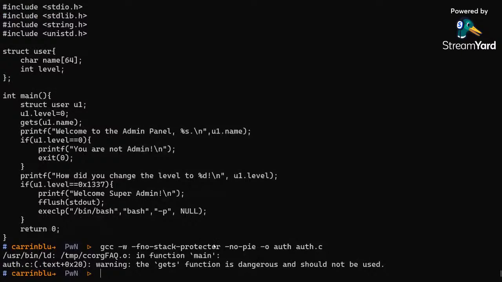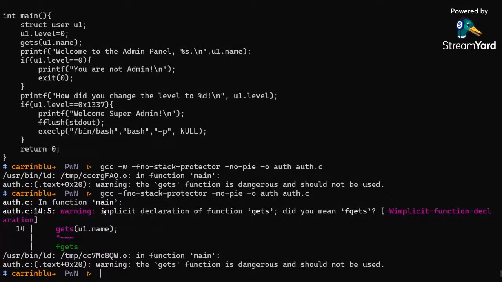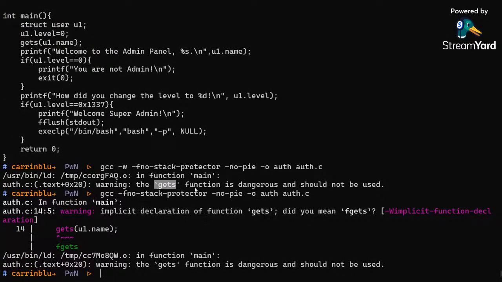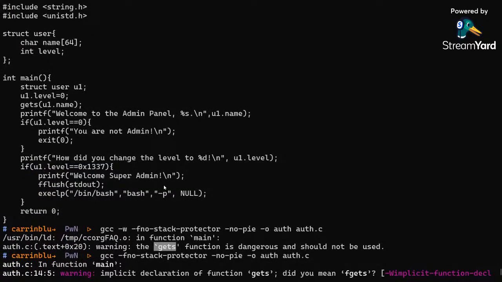ठीक है, तो मेरे को सी का लाइक जो एल डी इज अ डायनामिक लिंकर। ओके, जो लिंक करता है, मतलब अभी कुछ समझ में नहीं आएगा, ये बेसिकली लिंक करता है मेरा ऑब्जेक्ट फाइल को मेरा बाइनरी एग्जीक्यूटेबल के साथ। वो बेसिकली वही मेरे को एरर वार्निंग देता है कि द गेट्स फंक्शन इज डेंजरस एंड शुड नॉट बी यूज्ड। मैं यहाँ पे टैग डब्ल्यू वार्निंग्स हटाने के लिए लिखा था, मैं इसको हटा दूँ। और यहाँ पे भी सेम देते हैं, इम्प्लिसिट डिक्लेरेशन ऑफ फंक्शन। ओके ओके, यहाँ पे नहीं दिया आई गेस, ठीक है। तो द कंपाइलर इटसेल्फ टेल्स मी दैट द गेट्स फंक्शन इज डेंजरस एंड शुड नॉट बी यूज्ड। बट आई थिंक सो तुम लोग का सी का क्लास में तुम लोग को पढ़ा रहा होगा कि मे बी गेट यूज गेट्स एंड ऑल,